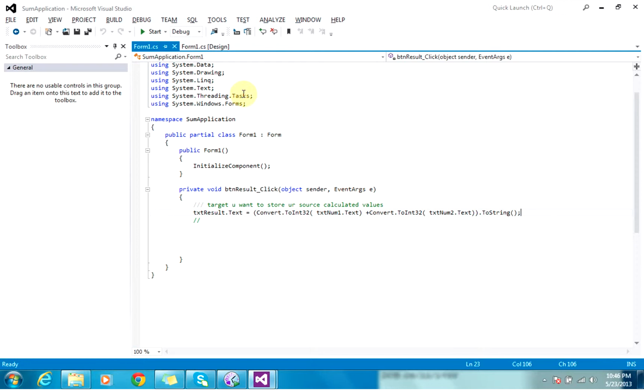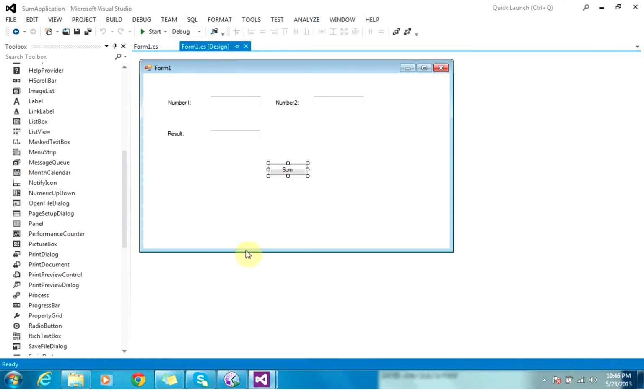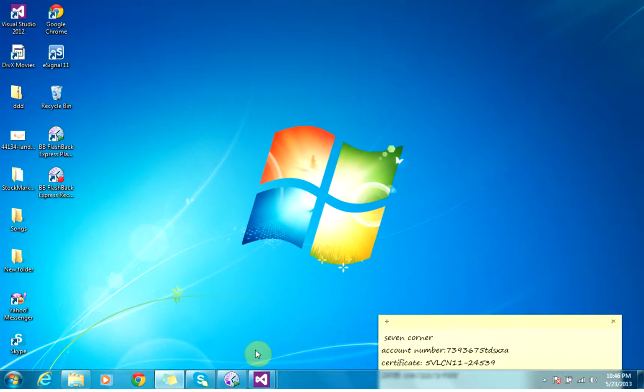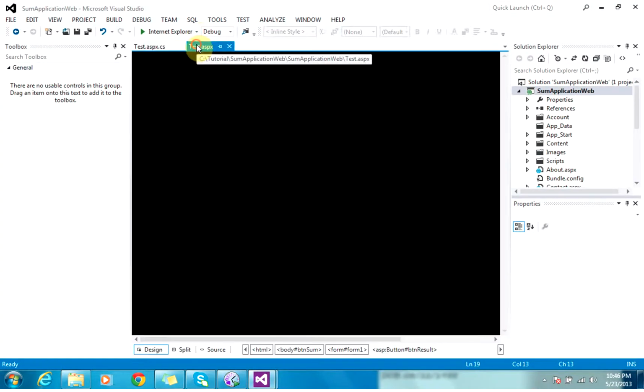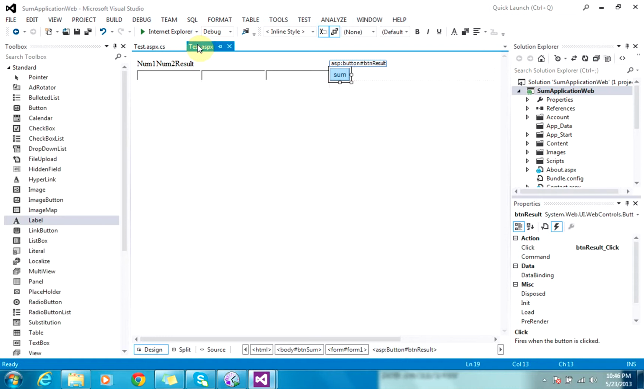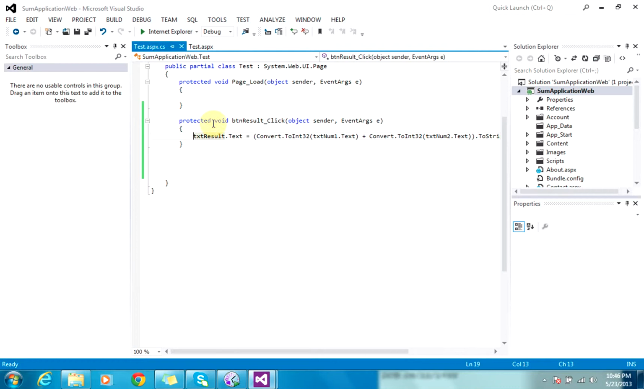In a window application, the design is different; in a web application, the design is also different. As a beginner, I can say both are similar, but there are many differences also, but we will not go in depth for now. From a coding point of view, both are similar. You can copy paste your code and run it.